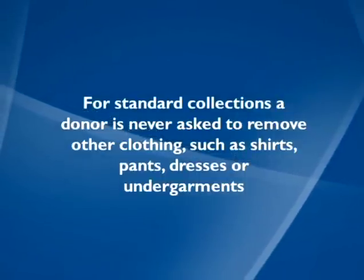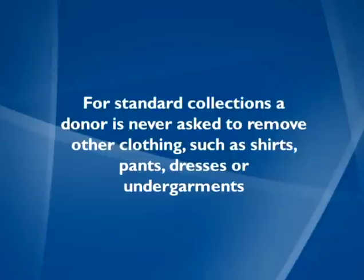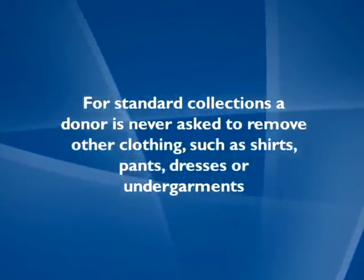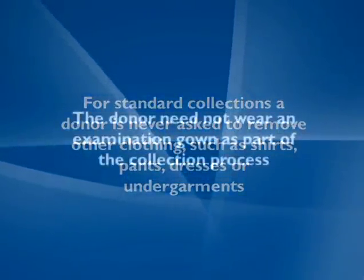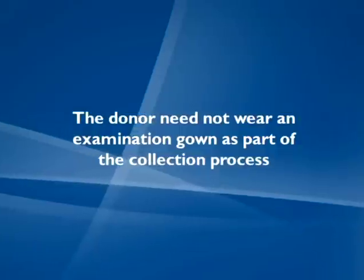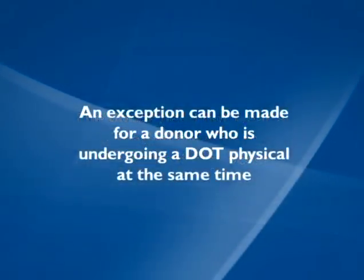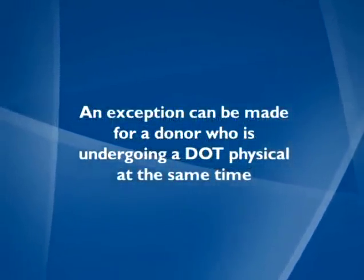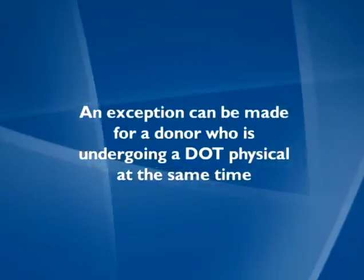For standard collections, a donor is never asked to remove other clothing, such as shirts, pants, dresses, or undergarments. The donor need not wear an examination gown as part of the collection process. An exception can be made for a donor who is undergoing a DOT-authorized physical at the same time as the